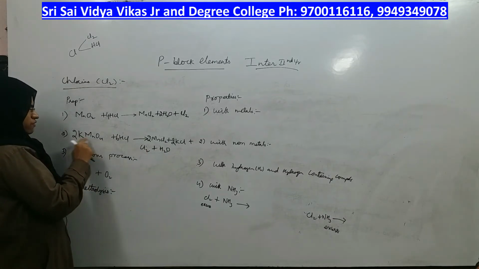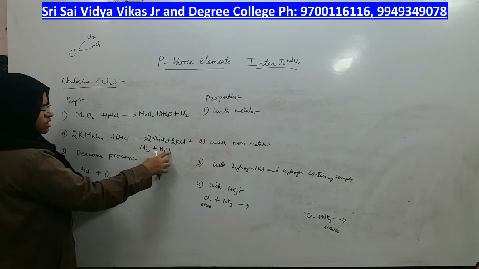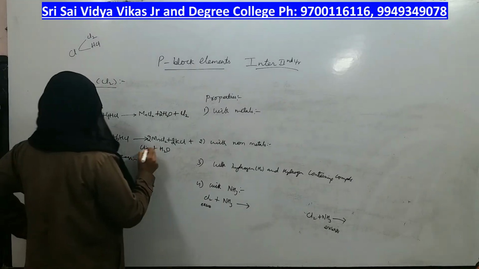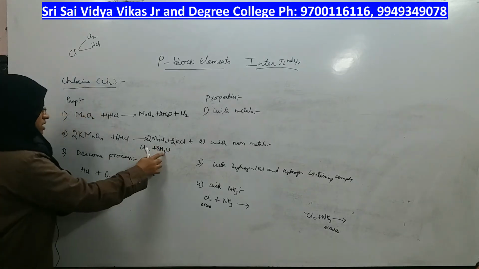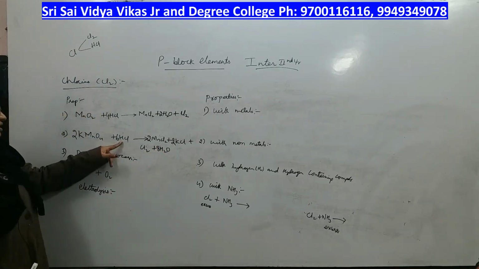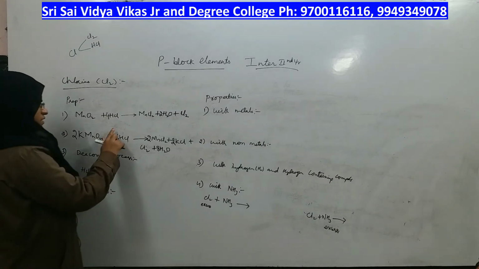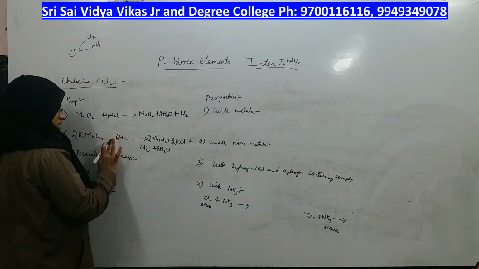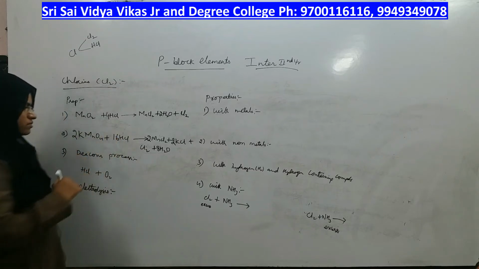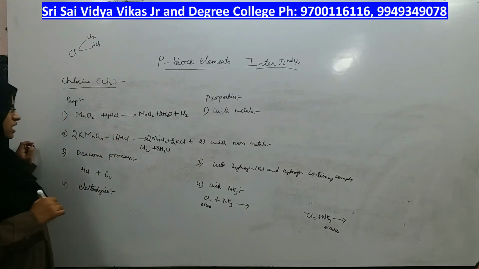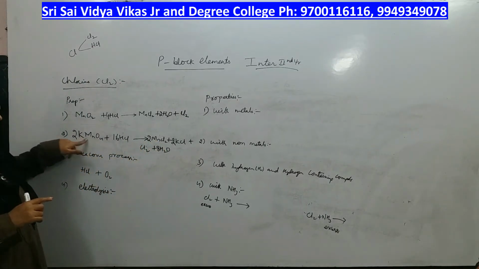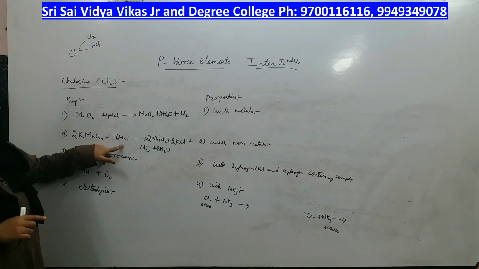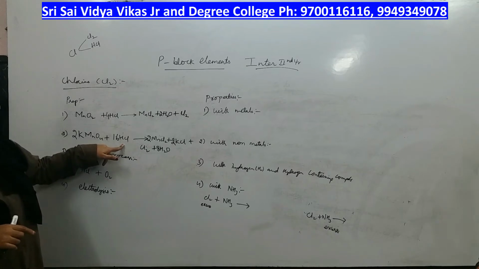Then next, how many oxygen? 4 2s are 8. How many oxygens are here? Only 1. So what I will do is 8 water molecules. 8 2s are 16. How many hydrogens are here? 6 hydrogens. What I will do? I will make it 16 hydrogens, in which this gets balanced, right? Potassium permanganate, when it reacts with HCl, you will get MnCl2 plus water plus chlorine.